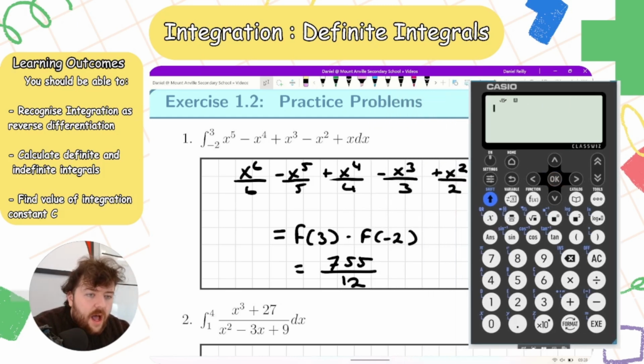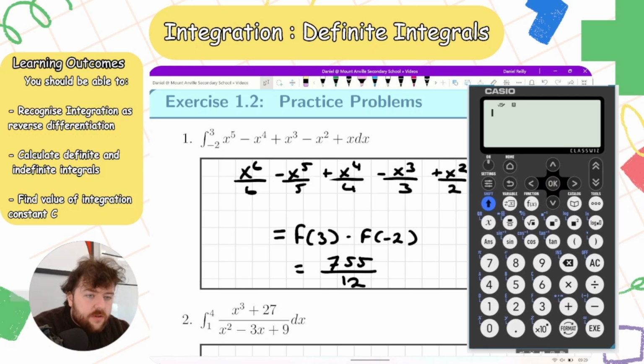So what I just did here was, right, let me move it here. I defined what my integral was. A handy thing with the new calculator is we have this function button here. And then I can sub in a function and I can evaluate that function. So I'm going to go down to define f of x. So what's my function here? Well, it is x to the power of 6 all over 6